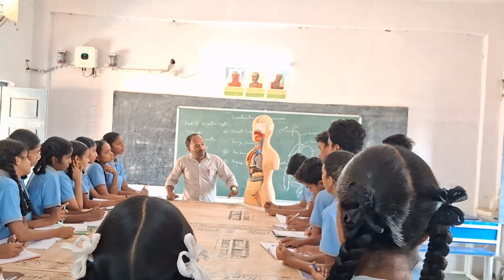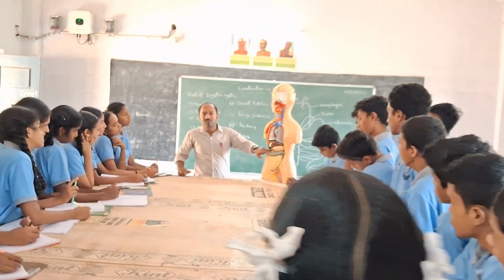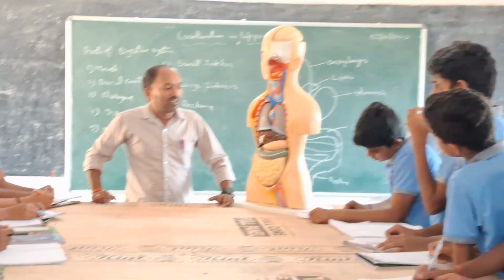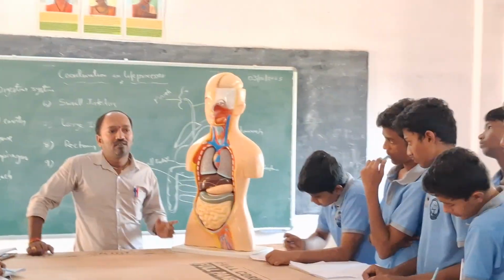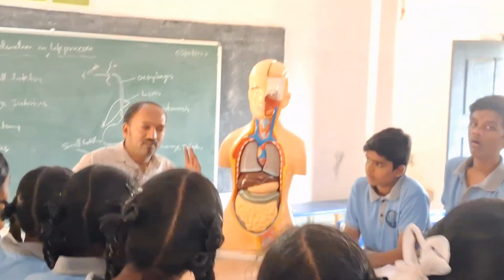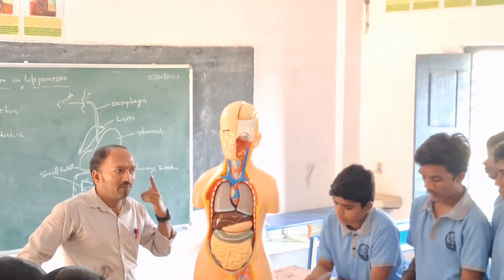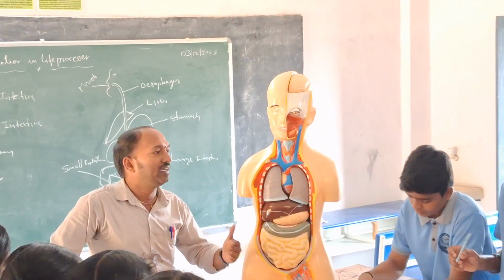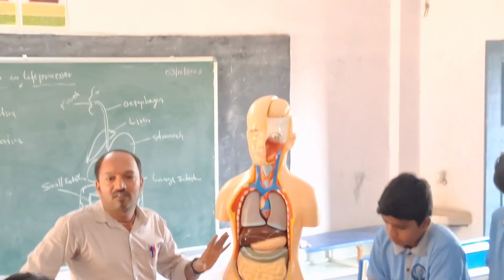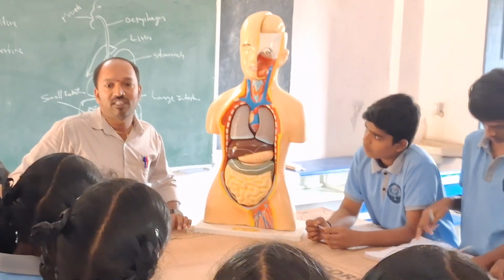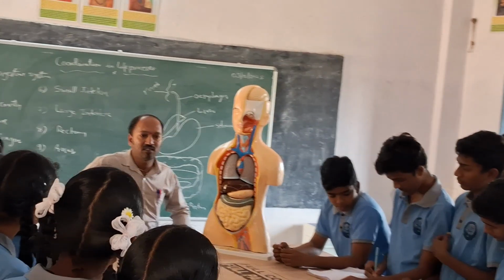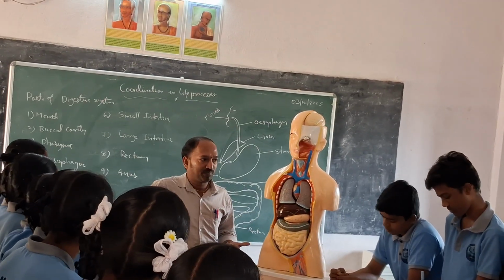ఓకేనా? రైట్. సో అవర్ డైజెషన్ సిస్టమ్ it looks like a one sack. Okay, it looks like a sack, and when food reaches the digestion system, what happens is one information will be sent to our brain, and that information will be analyzed by our brain, and it gives instructions to our stomach, and it starts releasing, secreting some digestive juices. మన digestive juices ని release చేస్తుంది. When our